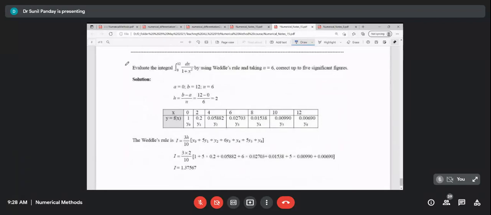This one is actually already discussed with you in earlier classes. We use the Weddle's rule to get this. This is the formula. This you already know, even though I think this kind of question is in the exam, I don't know, but we have already discussed this Weddle's rule to calculate the definite integral.